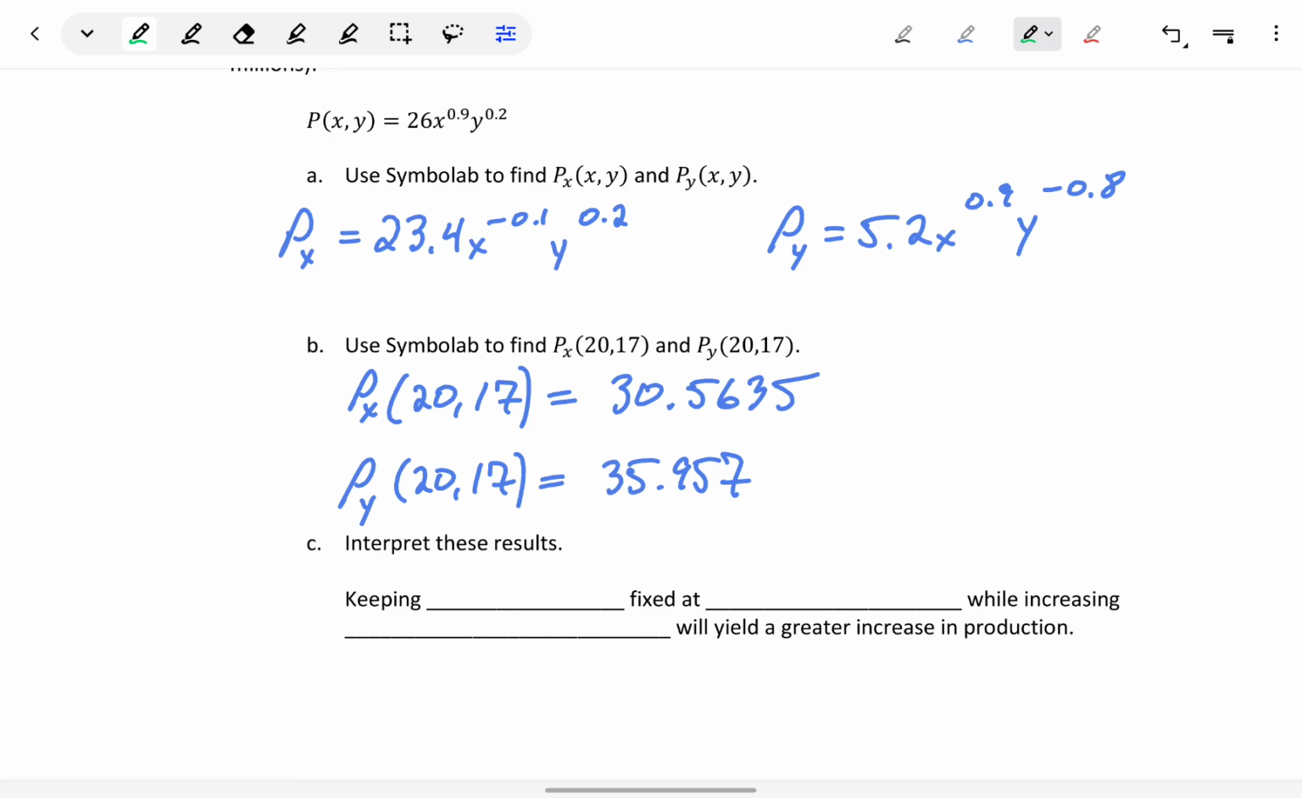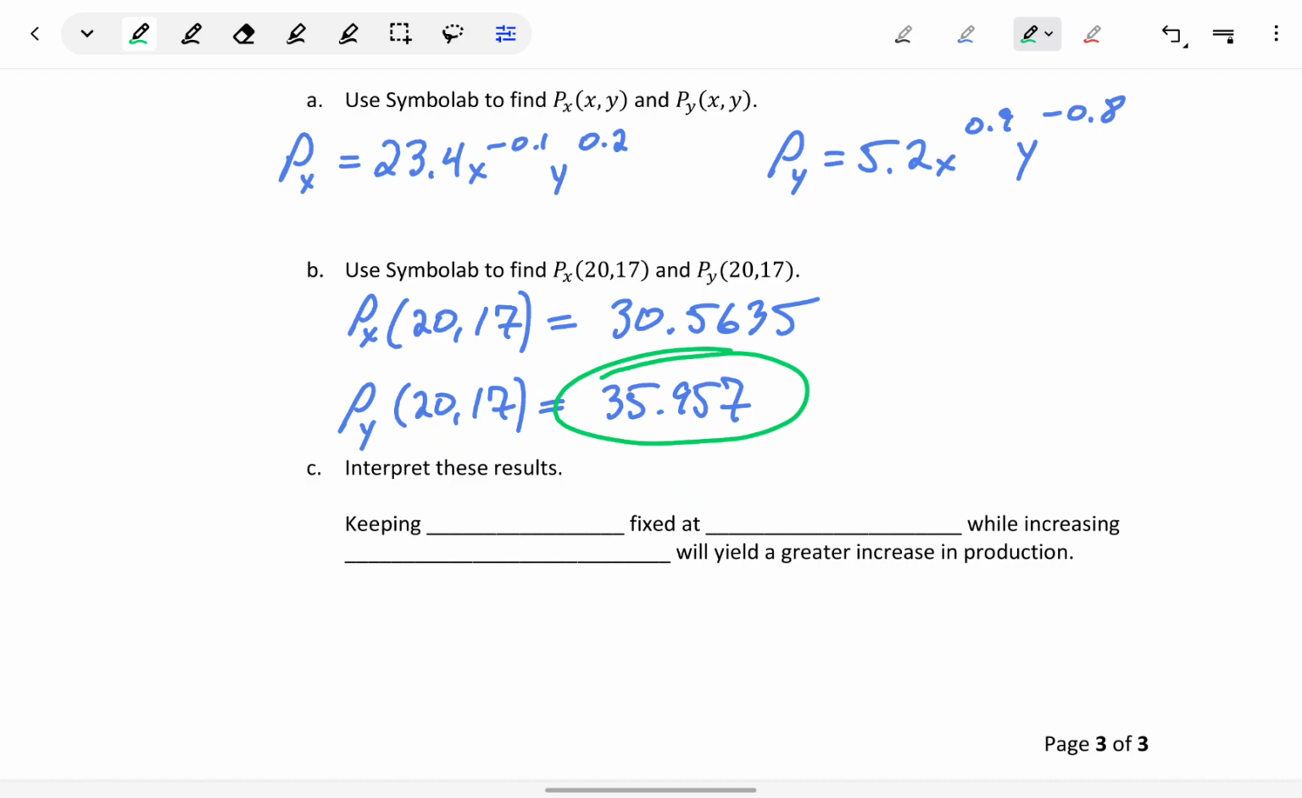The first thing that we want to do in interpreting these results is just identify which of those values is larger. In this case, P sub y takes on the larger function value for that specific xy pair. And what this means is that if we keep labor fixed at 20,000 units,